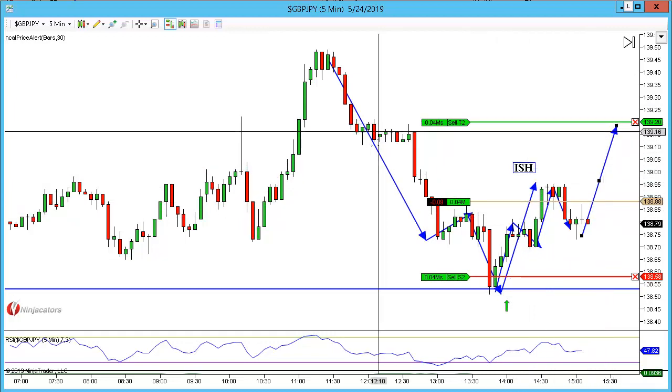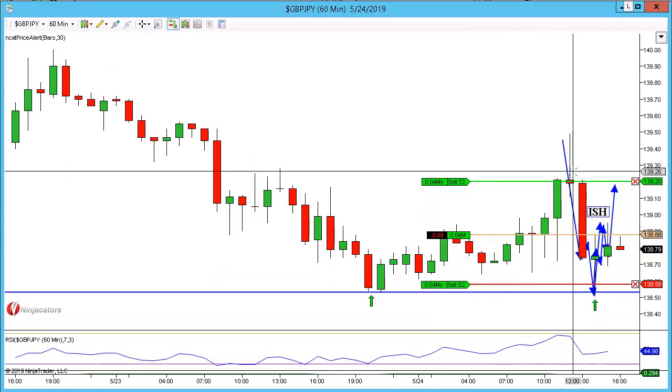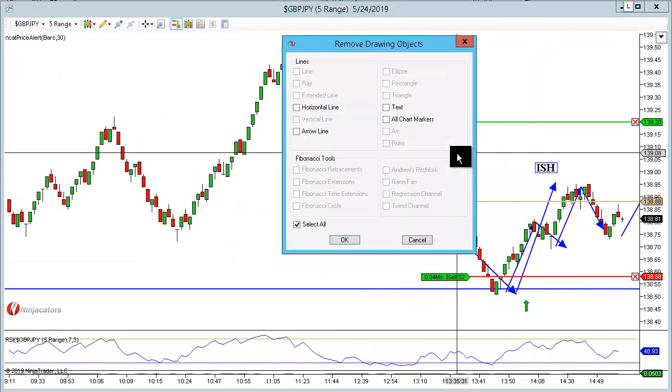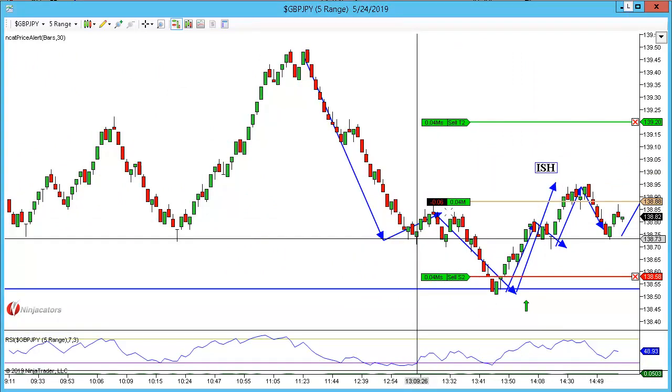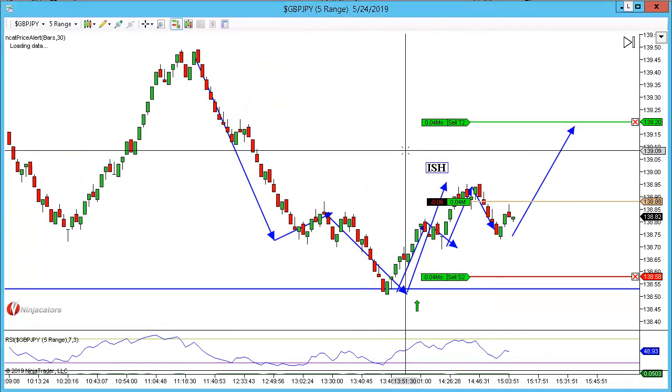zone, and if we go to the 60, you'll see that actually targets come in at the closes of those candles. I'm just going to go to the 5 range and just show it to you on the 5 range. Actually, no, we'll stick with the 5. So the 5 minute zone